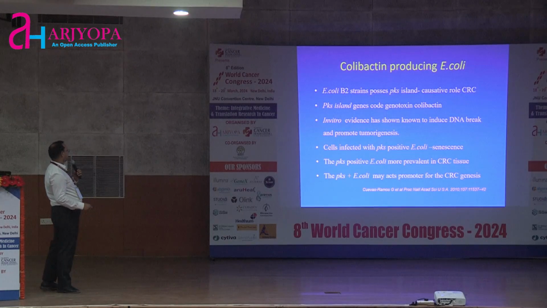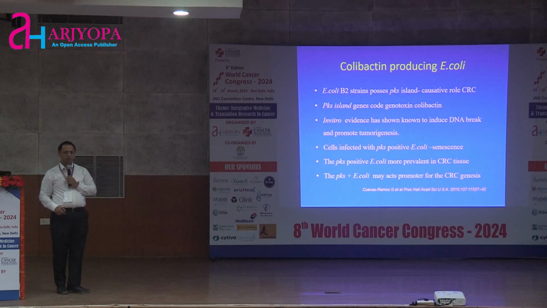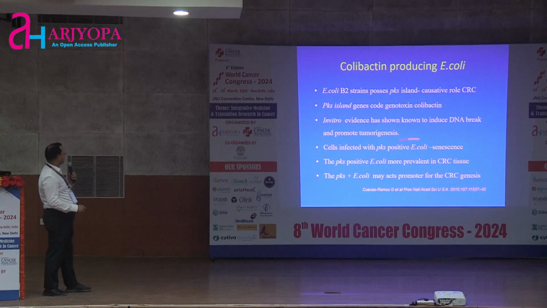Here, when studying the literature, I came to notice that E. coli B2 strain consists of a PKS island, which produces a genotoxin called colibactin, which has the ability to cause DNA breaks and promote tumorigenesis. Till now, we used to think E. coli is the normal flora of the intestine and that it causes diarrhea. But a few studies have shown that a few strains of B2 have the ability to produce genotoxin and break the DNA